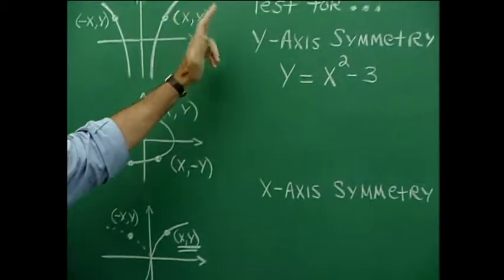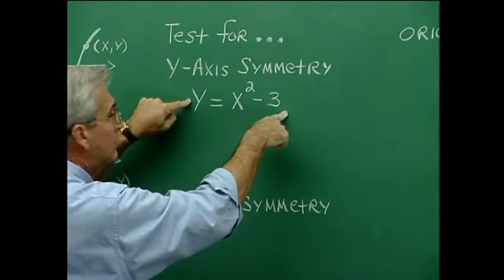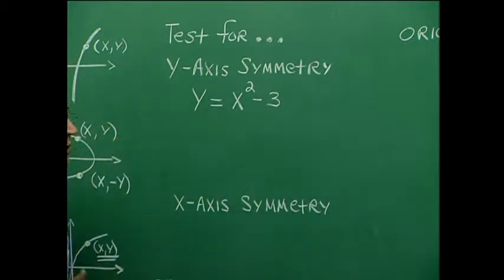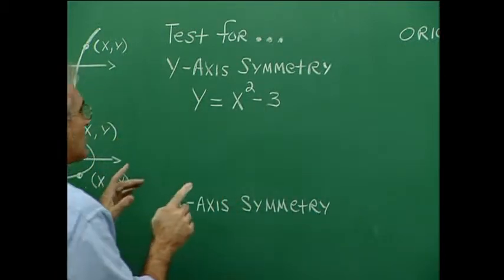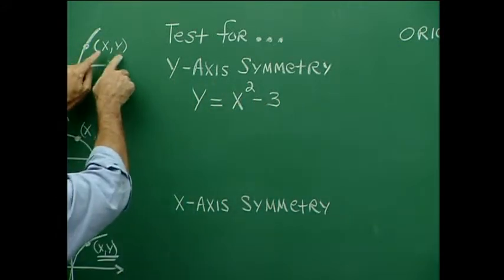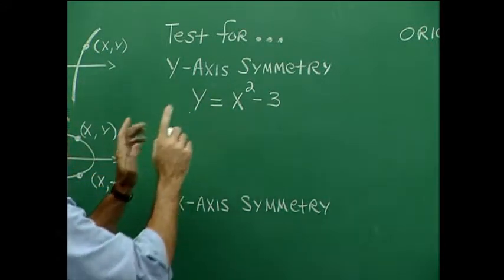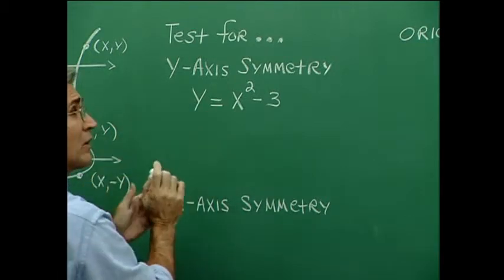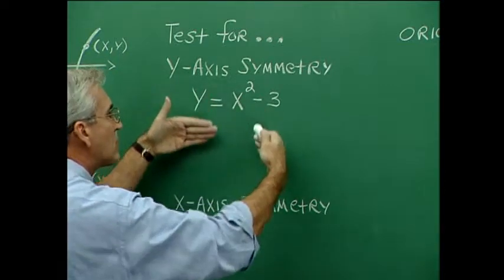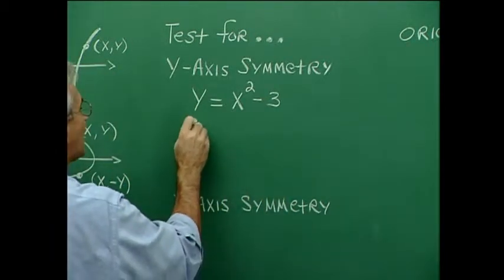Here's how that works. We want to test for y-axis symmetry using this equation. It turns out that this equation is symmetric to the y-axis. All right, let's make the test. The test involves this idea that if (x, y) is on the graph, then (negative x, y) is on the graph. So to make the test algebraically, we just replace x with negative x and don't make a replacement for y, and see if we get the same equation, or see if we can manipulate to the same equation. So we replace x with negative x,